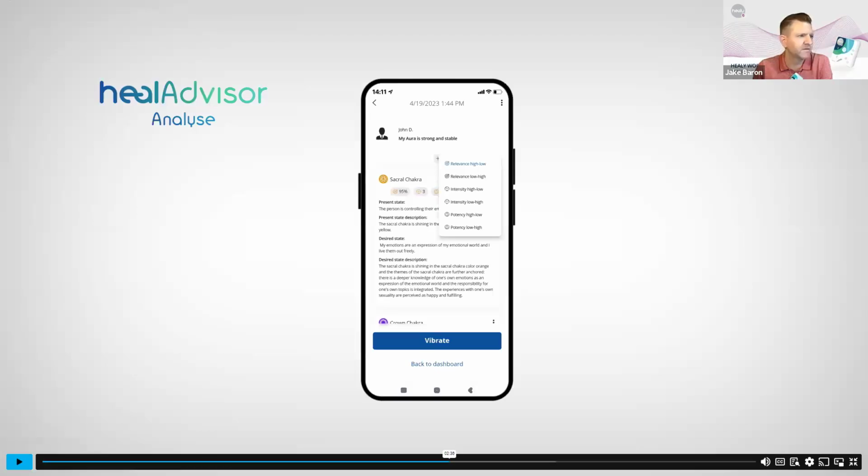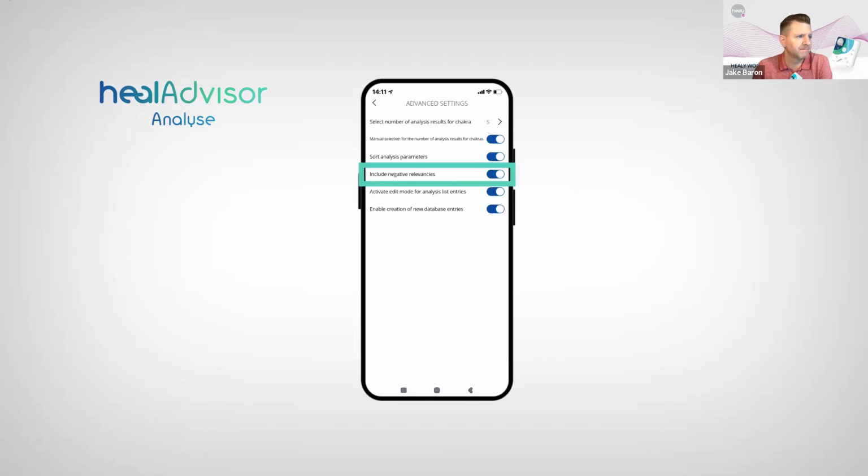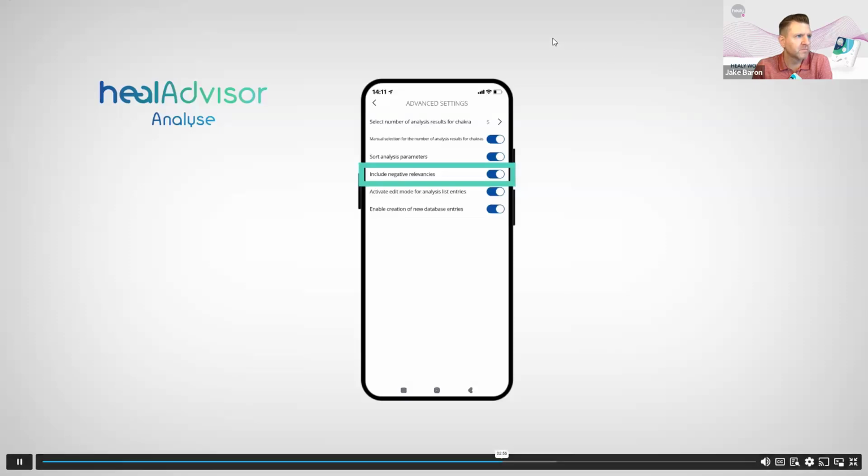Okay, here we go. Because only the relevance is shown there. The next option, Include Negative Relevancies, means that entries with negative relevance will be displayed in the results as well. Negative relevance usually indicates topics in the unconscious personal realm, whereas positive relevance is more likely to indicate topics in the conscious realm. If you enable the